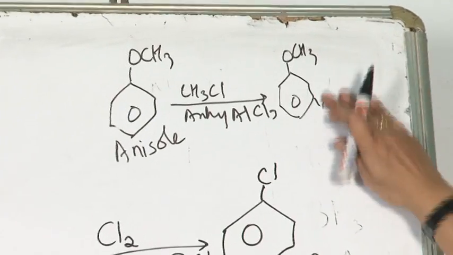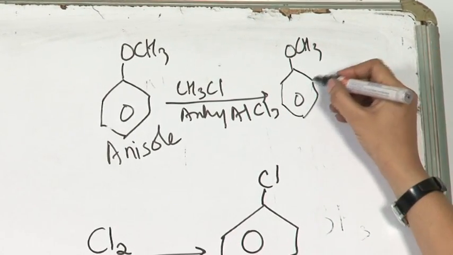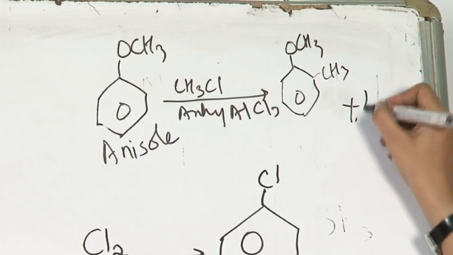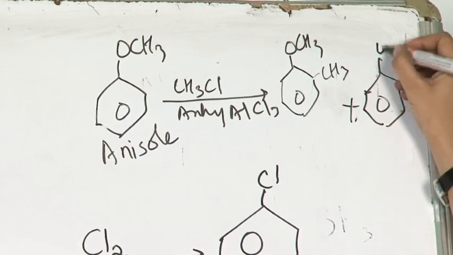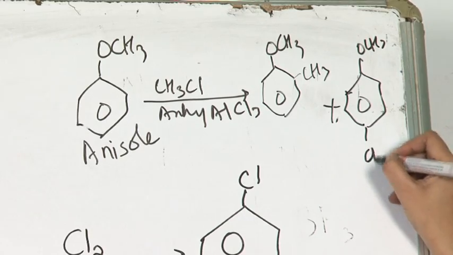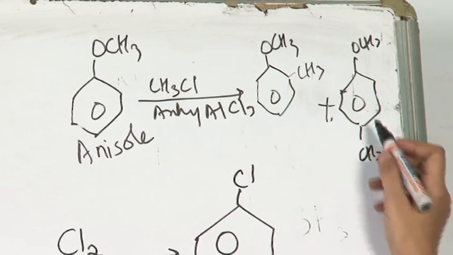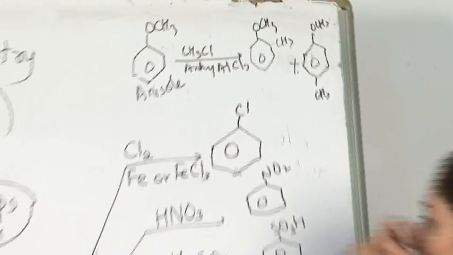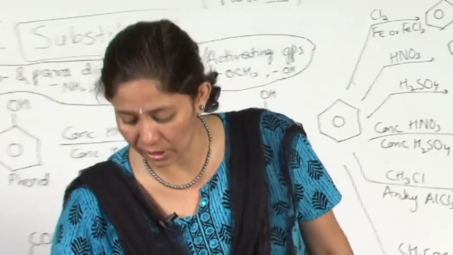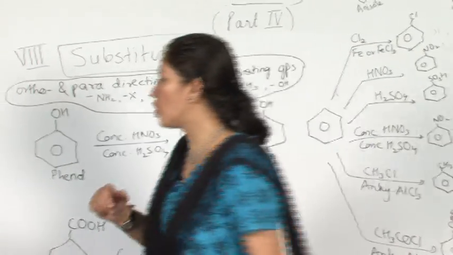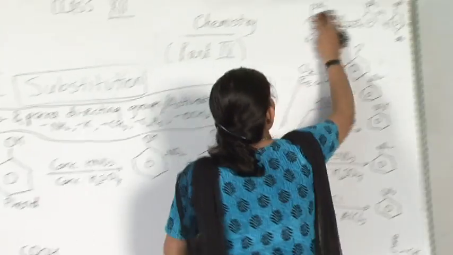I am going to get this part as OCH3 here and the para. That means I am getting ortho-methyl anisole and para-methyl anisole. I can do numerous reactions, and you can see that most of the reactions involving the ring are completed in that way. Similarly, when I come to the carboxylic acid group,